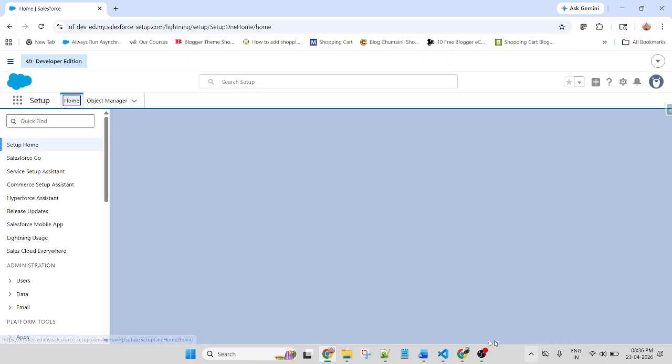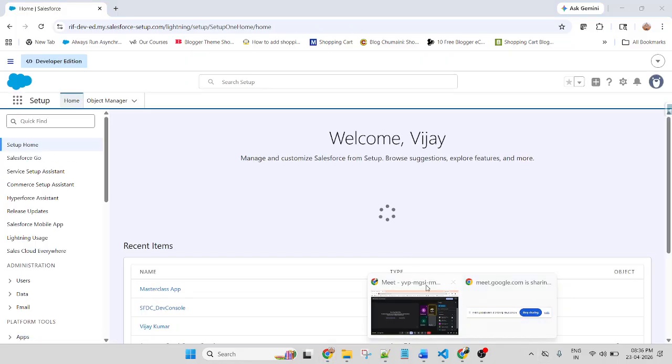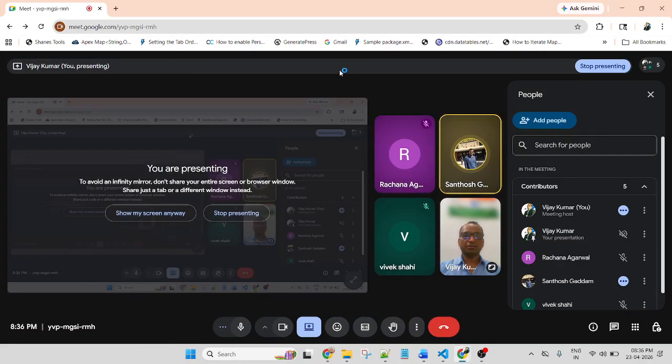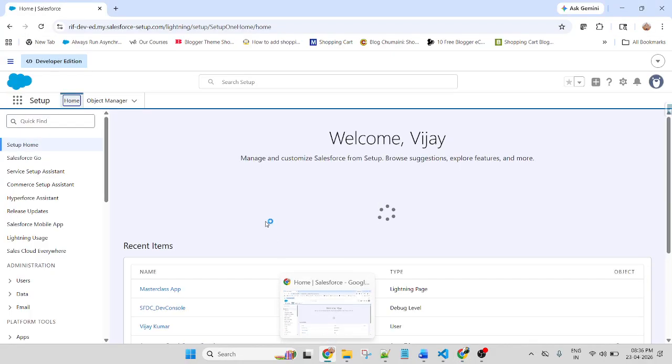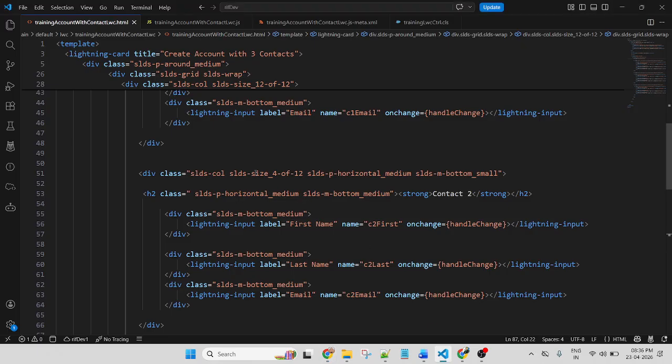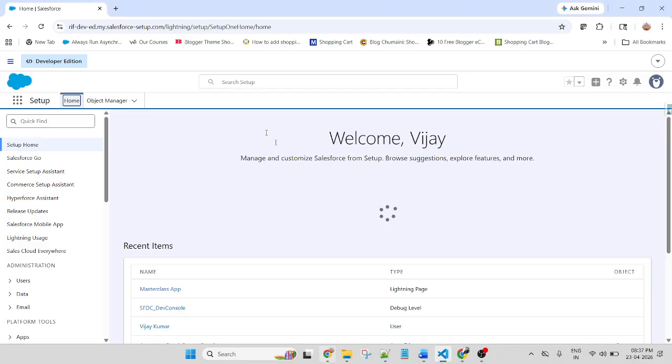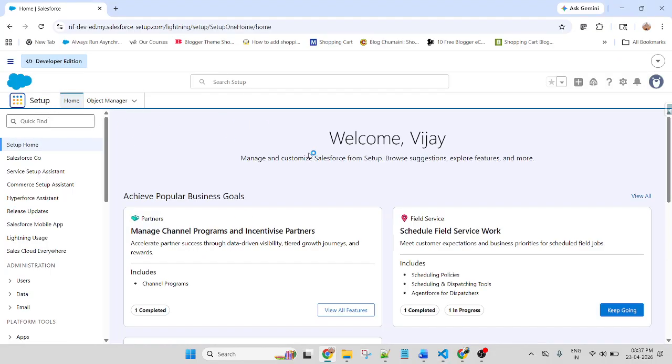Are you able to see my screen? Yes, Salesforce. You are looking at Salesforce right now. Yes, now I am opening VS Code. Can you scroll up? Okay, one minute.